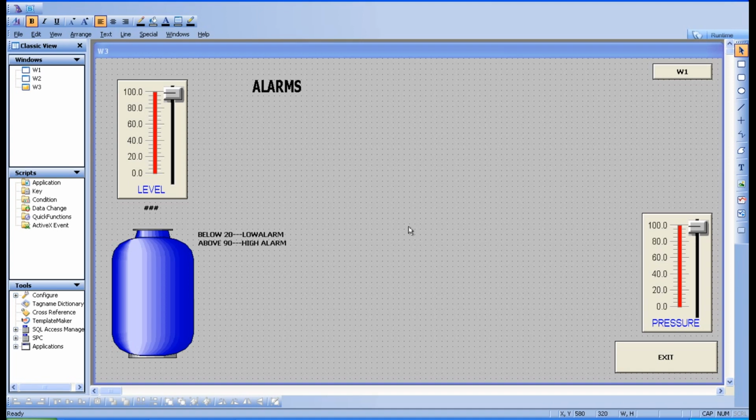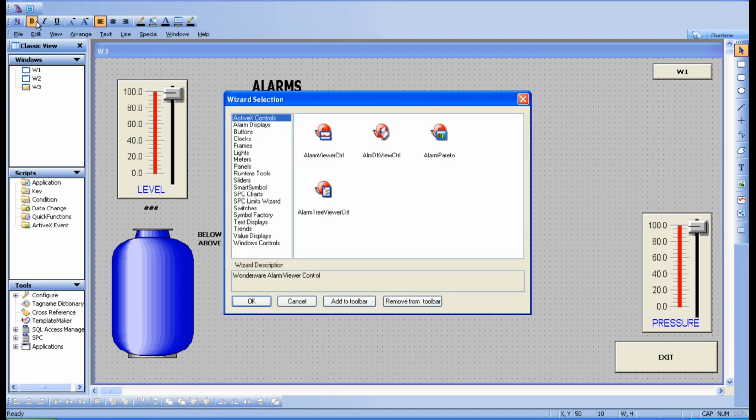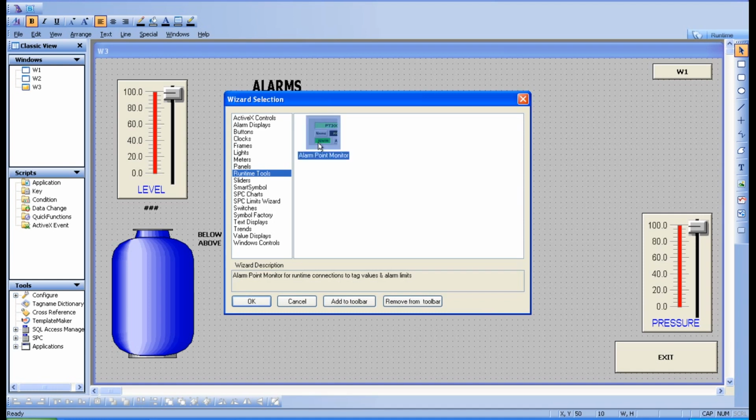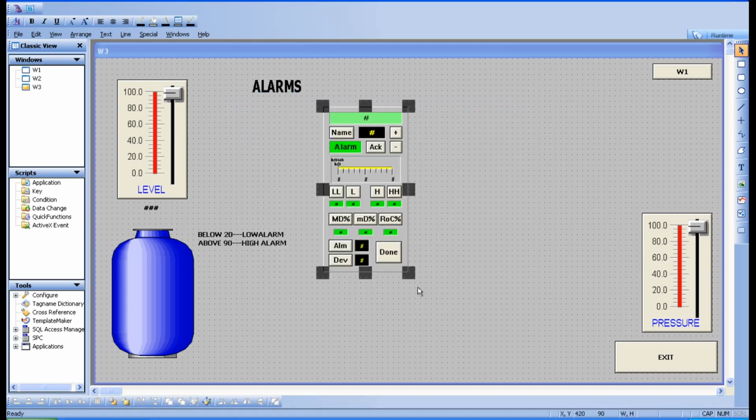So you have created the alarm. Now where you are going to watch it is also important, right? For that, go to symbol, this wizard. In the wizard, go for, where is that? Yeah, runtime tools. In that, the alarm point monitor. Go for alarm point monitor. Keep it over here.